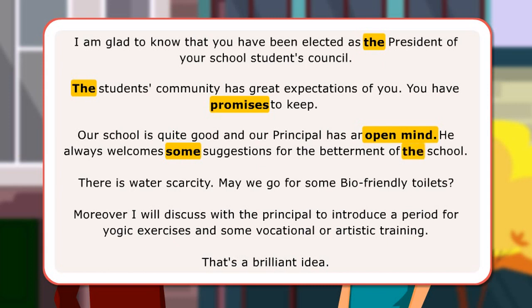In the fourth sentence, water denotes a non-material thing, so it takes no article, and some is used to refer the number. In the fifth sentence, to specify the indefinite time article, a is used with period, and again some in the sentence is used to express the unknown numbers. In the last sentence, the indefinite article a is used with the word brilliant as it begins with a consonant sound.